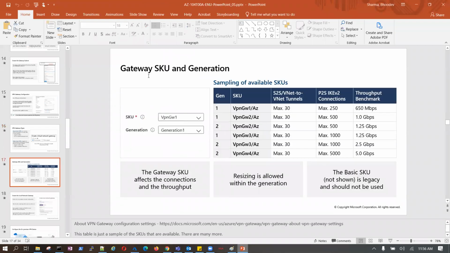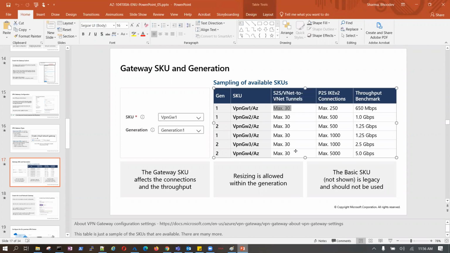Now, gateway SKUs and their generation. Let's say I select VPN GW1, generation 1 or generation 2. Looking at a sampling of available SKUs, VPN GW1 can have site to site and VNet to VNet, maximum 30 tunnels.